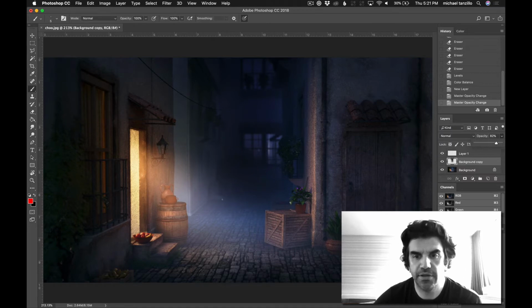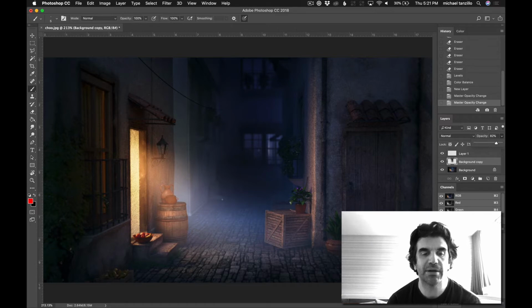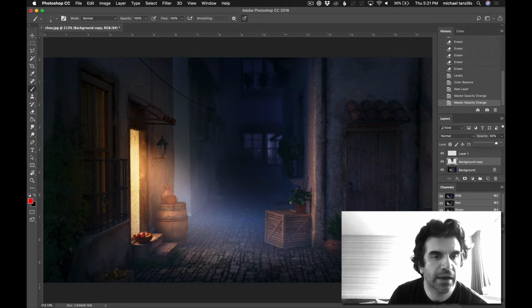sell the focus on the foreground. Because, like I said, there's not really much going on back there. I don't think it's really contributing too much to the story, to the mood of the scene. And I think by darkening back there, we can really get the focus on the inside. And then the only other thing that I was kind of looking at here was also to get some specularity